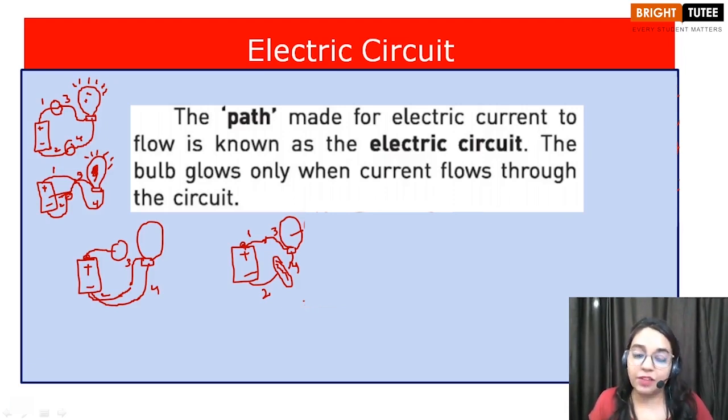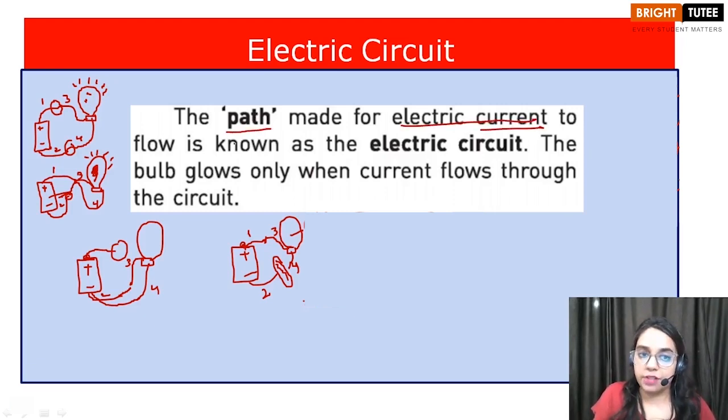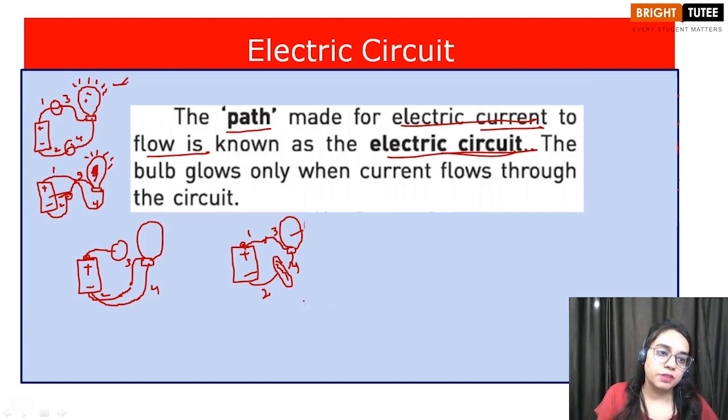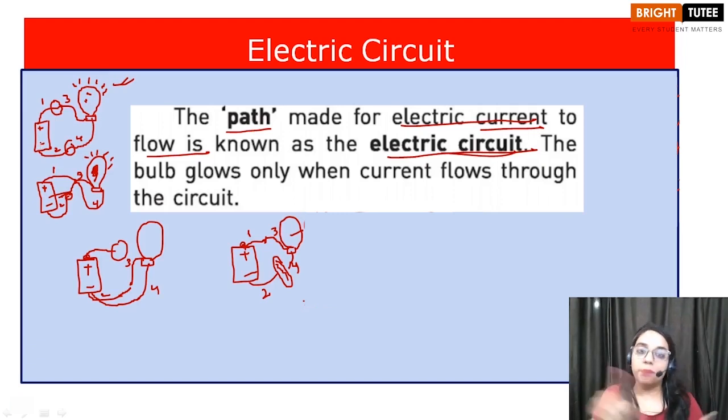So how can we define an electric circuit? The path made for electric current to flow. The path which is made for the electric current to flow is known as the electric circuit children, right? For example, observe this case. See, the current is going from this terminal, then it passes through the bulb and again it reaches the electric cell. So we have a complete path of electric current,